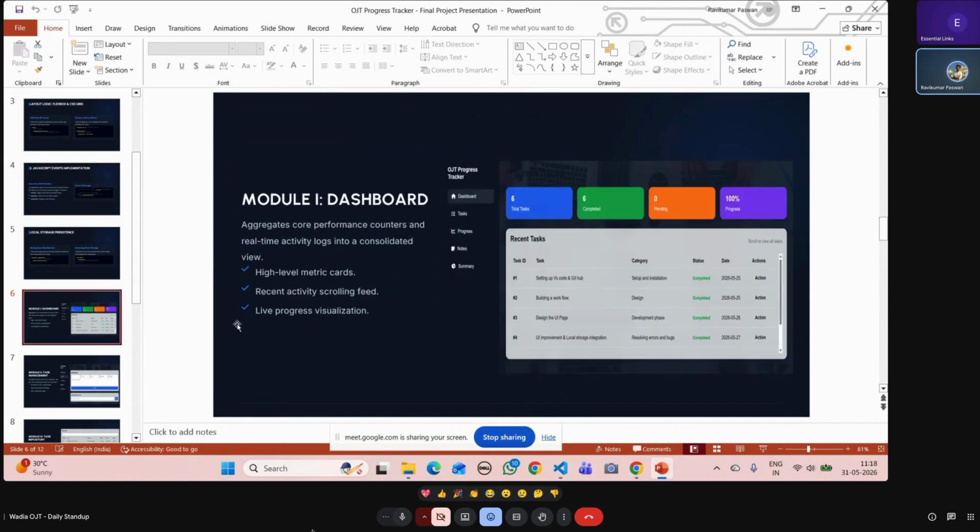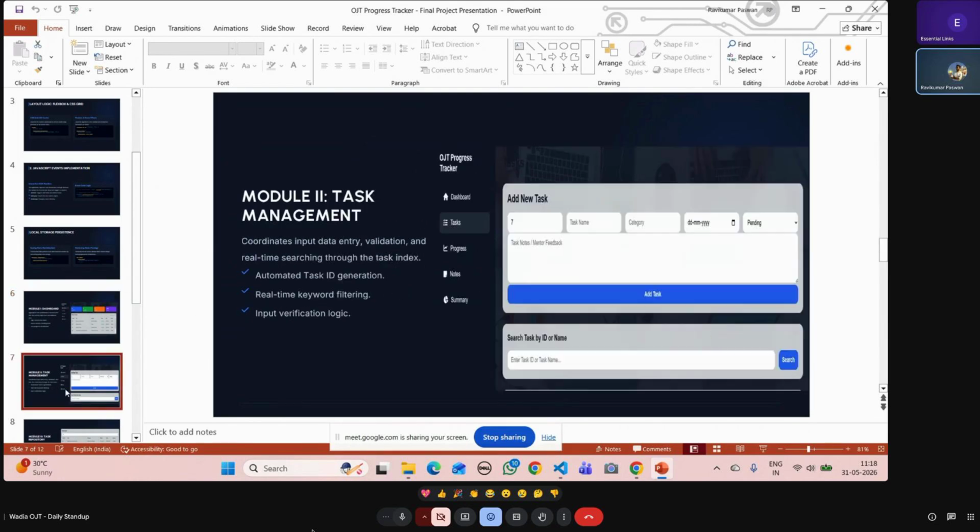This is my dashboard module which shows all the cards, and this is the screenshot of the task module which automatically generates. That time, sir, when you had asked me how can we add for 1 lakh tasks, I have added that it auto increments the ID.